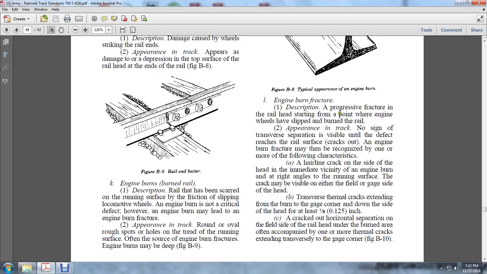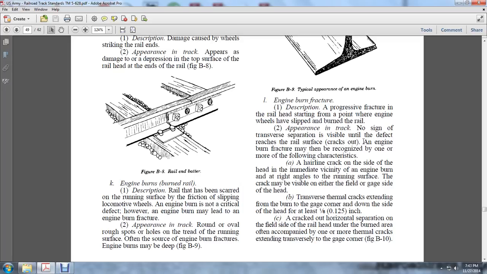Engine burning fracture. Description: a progressive fracture in the railhead starting at the point where the engine wheels have slipped or burned the rail. Appearance in the track: no signs of transverse separation are visible, and the defect reaches the rail surface. An engine burning fracture may be recognized by one or more of the following characteristics: